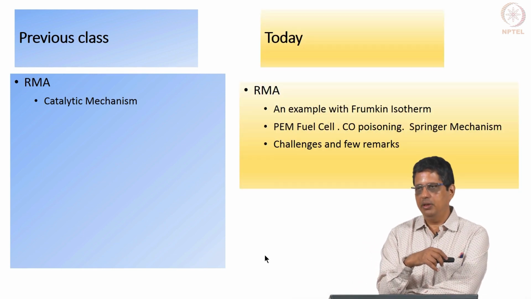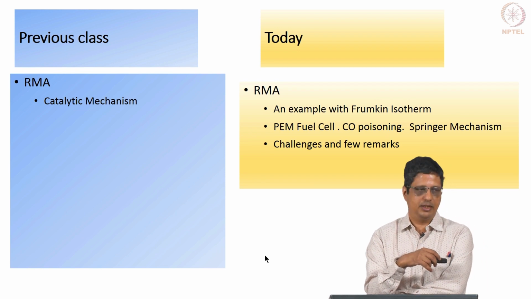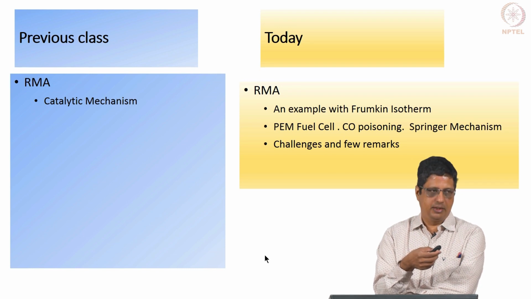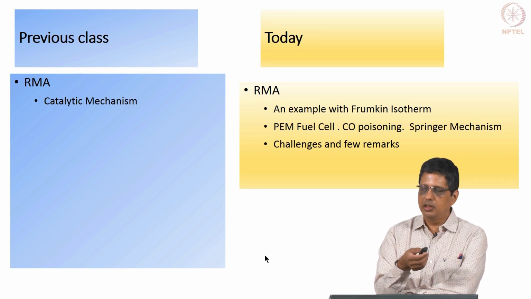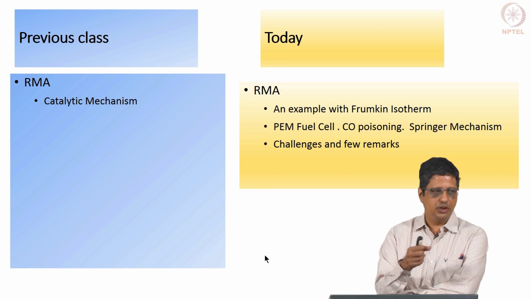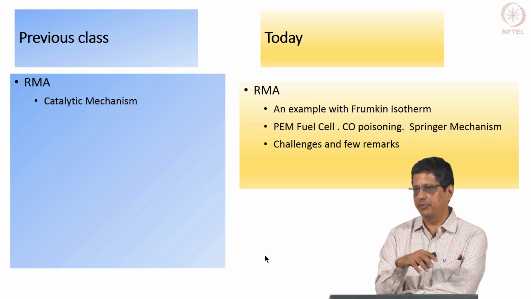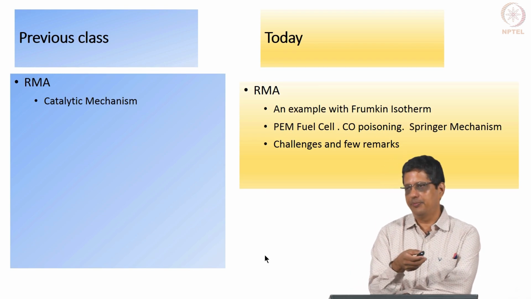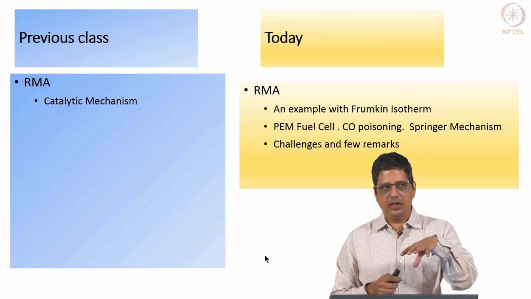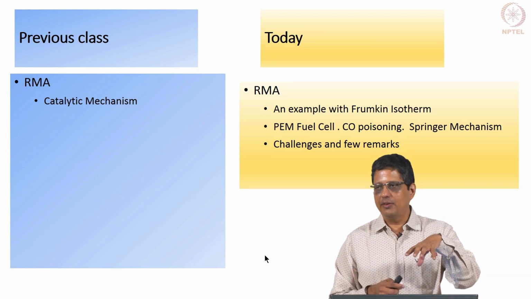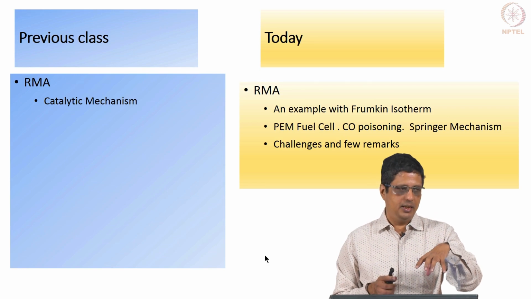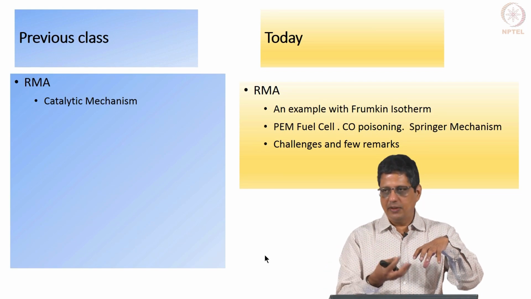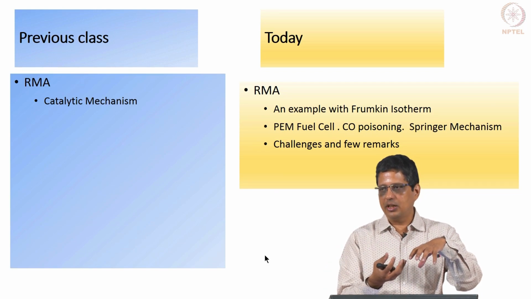Now, I want to take up an example where we do not assume the Langmuir isotherm. The Langmuir isotherm model is easy to work with. But when we look at the actual situation, these adsorbed species are charged species and they will interact; they will typically repel each other. If at one location you have M adsorbed, it is likely that another atom will lose an electron if it is far away from this. If it is right next to this, it may not lose an electron that easily.